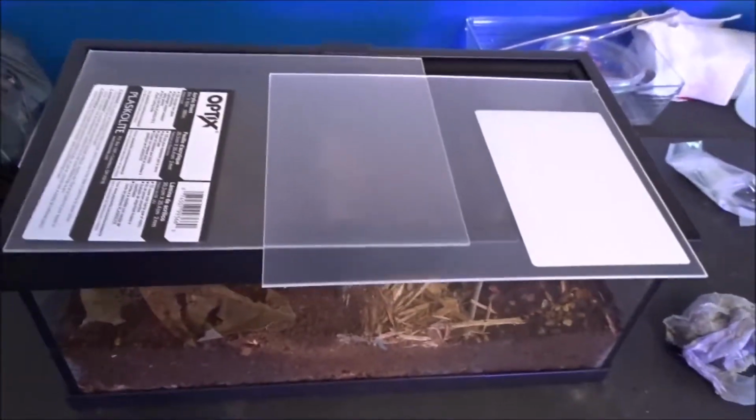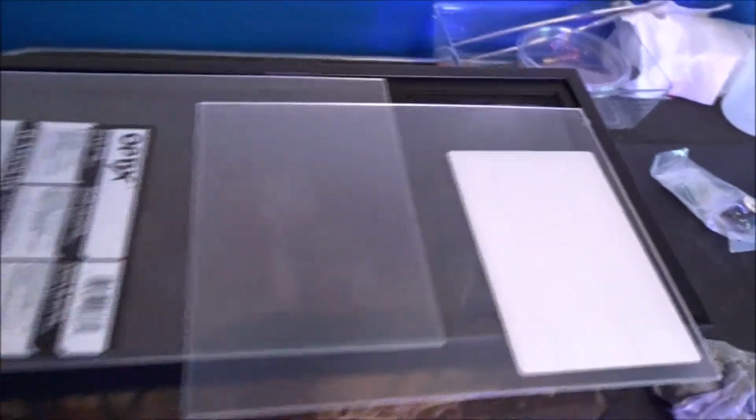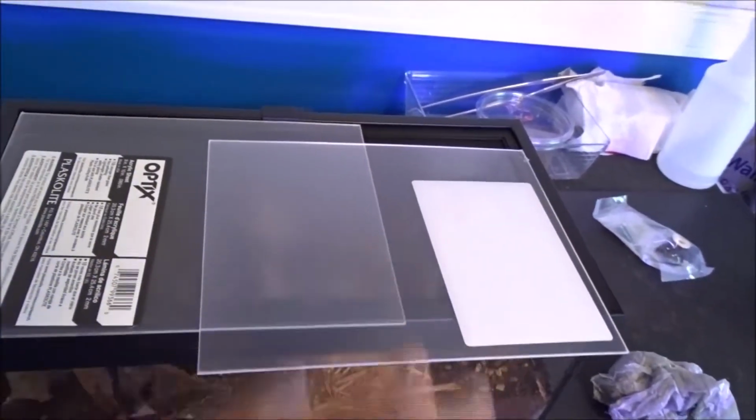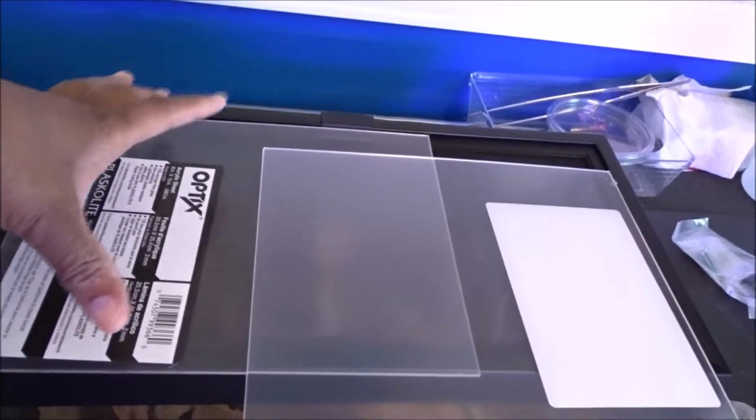That's better. Now, let's get this project started. Today, I want to put a Lexan cover on this tarantula tank to keep in the moisture and the humidity. Right now, I have a couple of small pieces on top of there, and I have a little place back here for ventilation. So what I want to do is make a whole piece. So I have a large piece of Lexan that I need to cut down to the size of this opening,